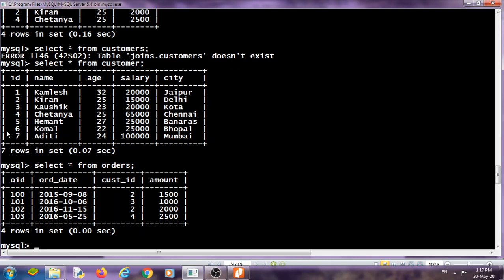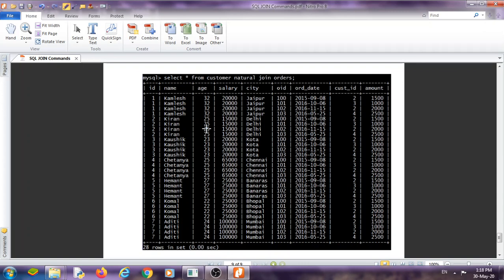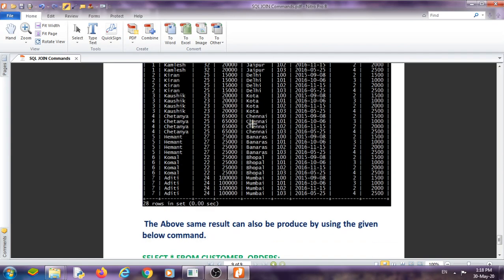And how many columns will there be? 5 columns from the first table and 4 columns from the second table, so a total of 9 columns. That will be the result.